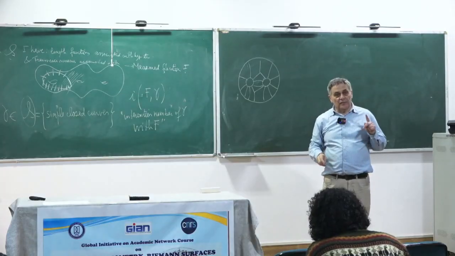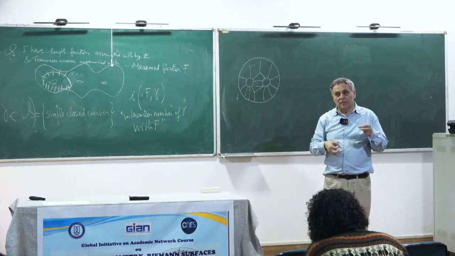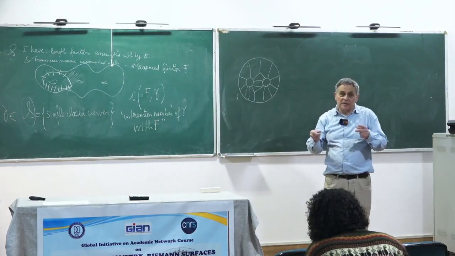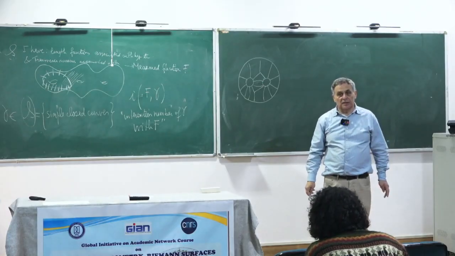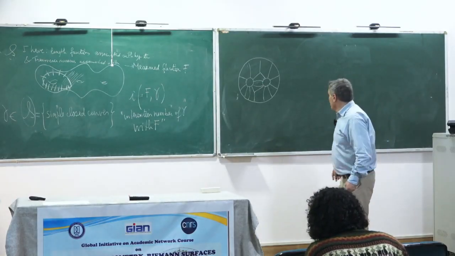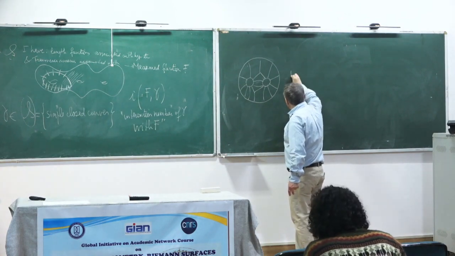You remember for hyperbolic structures, we said that the three lengths of the three boundary components of the pair of pants determines the pair of pants completely as a hyperbolic surface. Here also the transverse measure